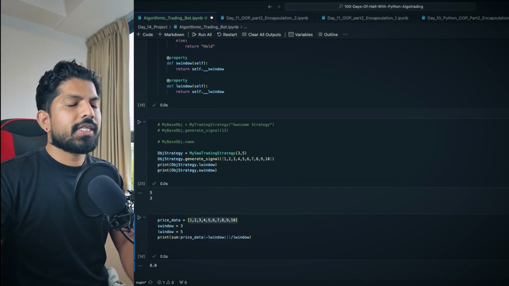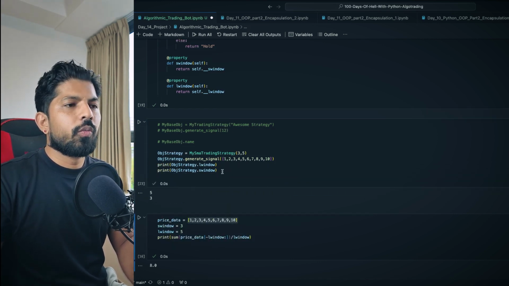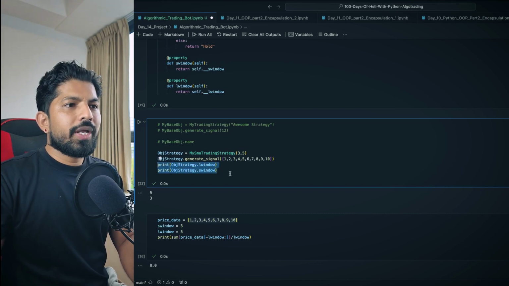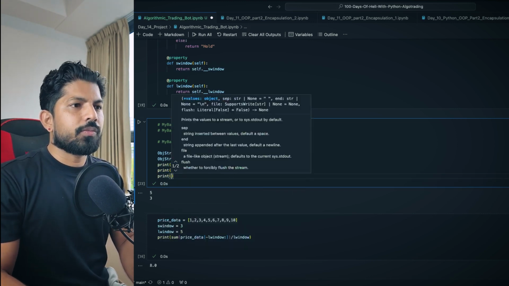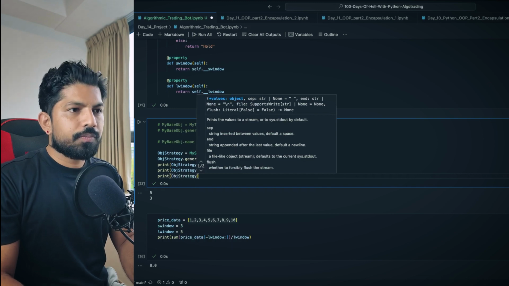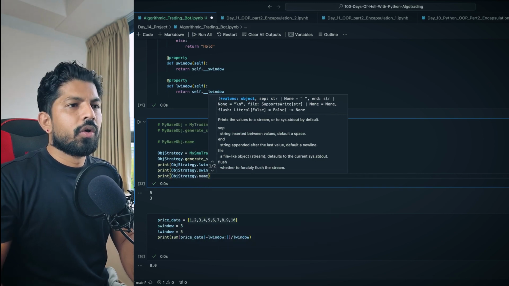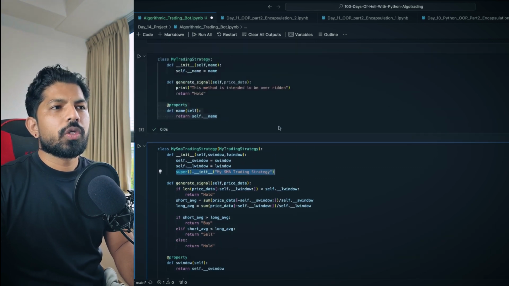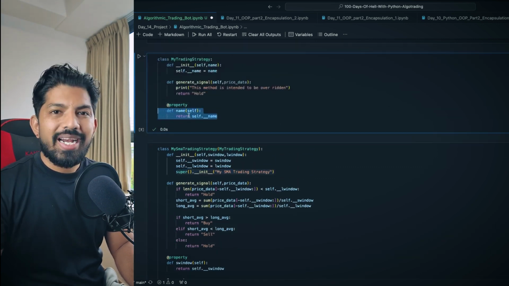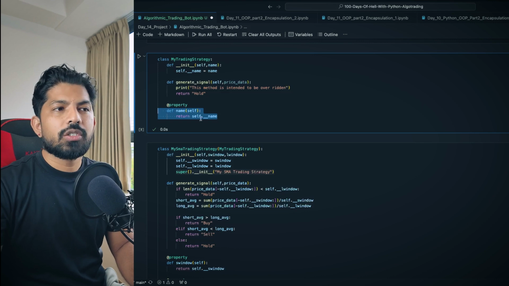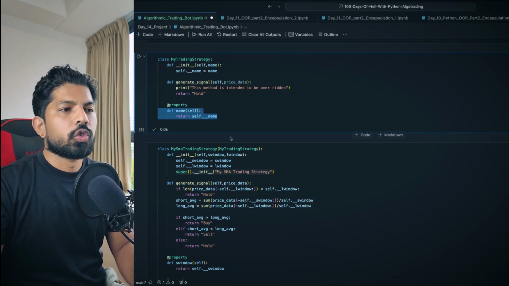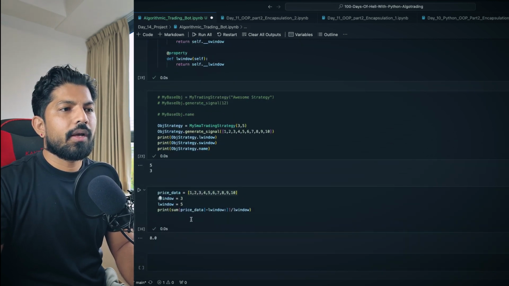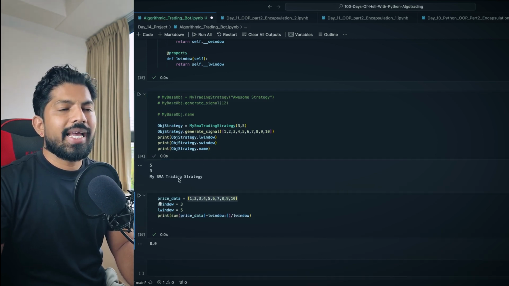Yes, we are getting correct values for both the long and short. Also we can check for the name: obj_strategy dot name. Because we have already given a name, ideally we should be able to access this method also. When I hit shift enter, yeah, it is working fine.